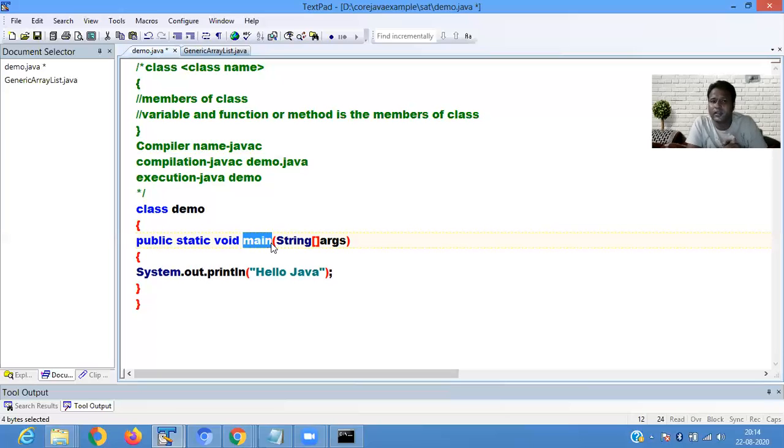That means there is no need to create an object of that class. Okay. For calling that method, no need to create an object. Where is the requirement of creating an object? You create a class object when you want to call a class member. Object means what? It is an instance of a class. It is a reference. For calling a member of a class, you have to create a reference.